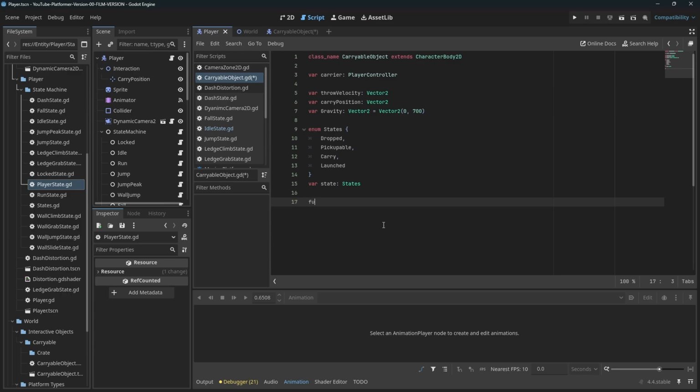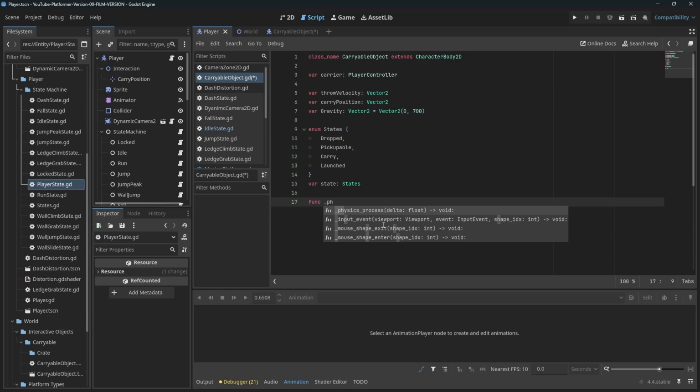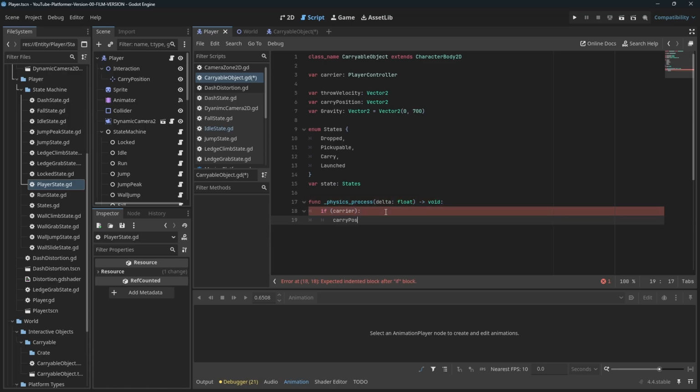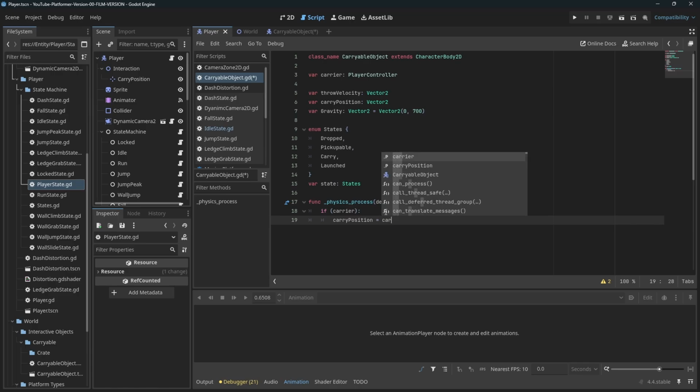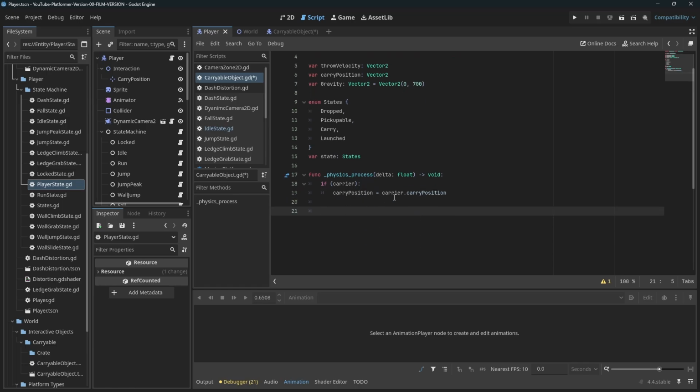Okay, now let's write our physics process function. There's nothing we need to do in ready, because ready will be handled by the parent object or the child objects. We'll put some stuff in there. So now we're going to say if carrier. So if the player is carrying it, we're going to say carry position is equal to carrier.carry_position, which is going to give us an error because that does not exist yet, but that's okay. We'll add it later. And then we need our move and slide function. And then in between these, we're going to add a match statement